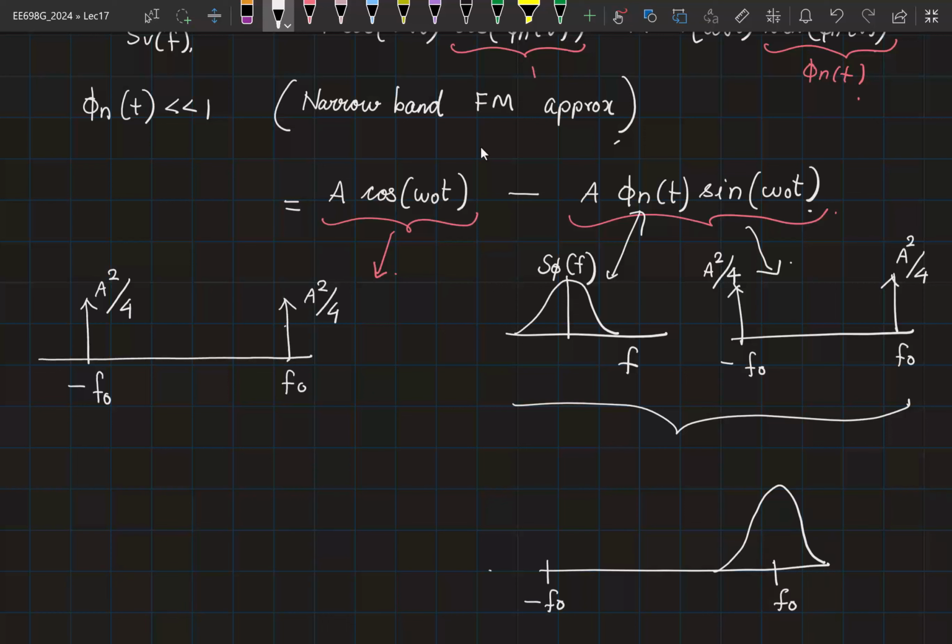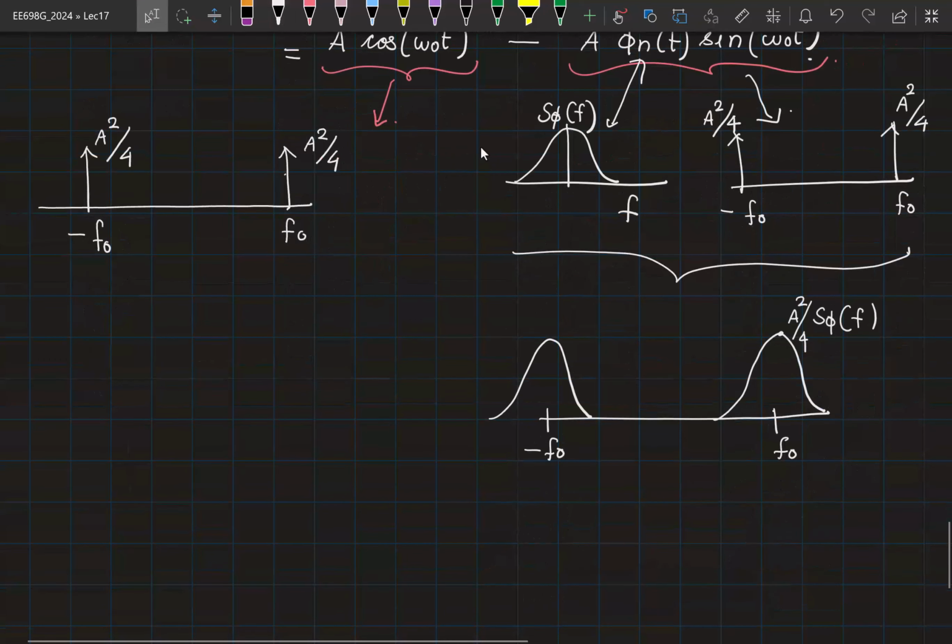What would be the expression? Is it S phi of f plus f naught? No. I want to know what I should write here for the shape. S phi of f minus f naught is when you wanted to shift it. Is there a scaling factor is my question. So this is A square by 4 into S phi of f, and this is also A square by 4 into S phi of f. So now S v of f,